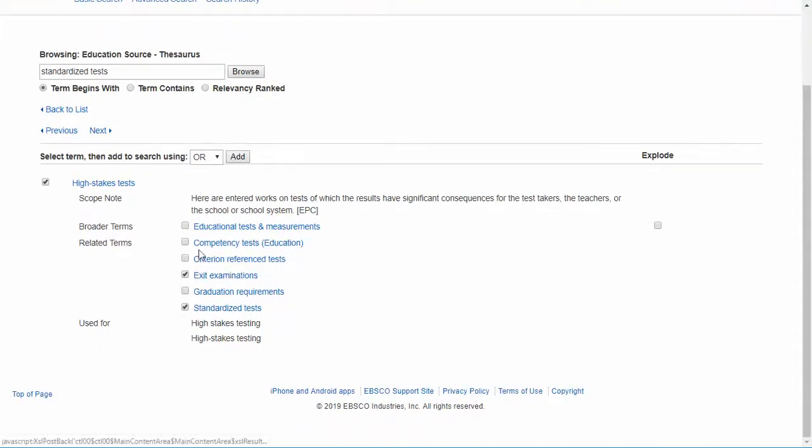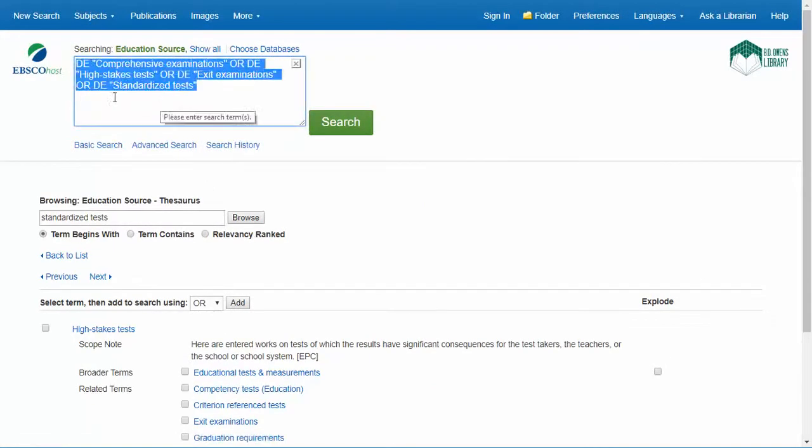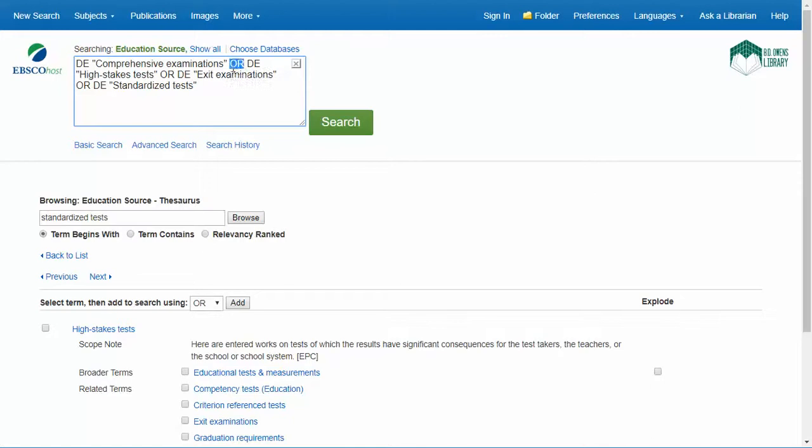And when you're finished, you can click on Add, and it will add those terms to your search box. It already places or in between each term, places quotation marks around phrases, and that DE just means that this is a descriptive term that you found within the thesaurus. So next you can type in your second topic, absence,